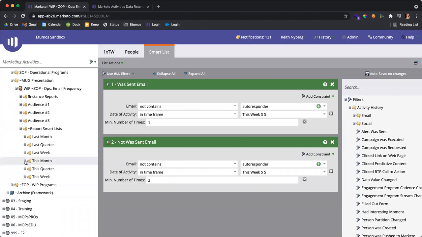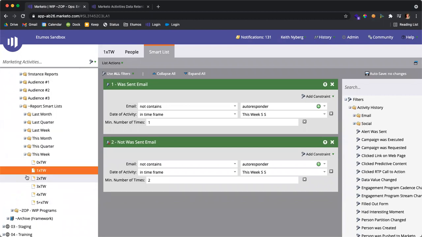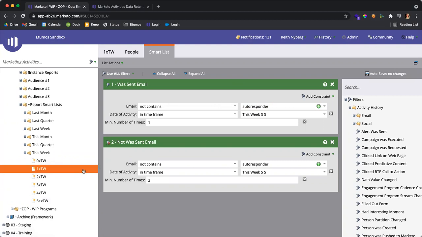Really what I like to do is create smart lists, like I mentioned, to align. And so for this week, what I would typically recommend is look at your communication limits. If you're including operational emails, you could probably go even above your communication limits. And so even though our instance is set to only 2 emails per week, I like to go a little bit higher than that because there will be other operational emails that are not autoresponders that I may want to see in my report, right? And so for this week, I only have 0 all the way up to 5.